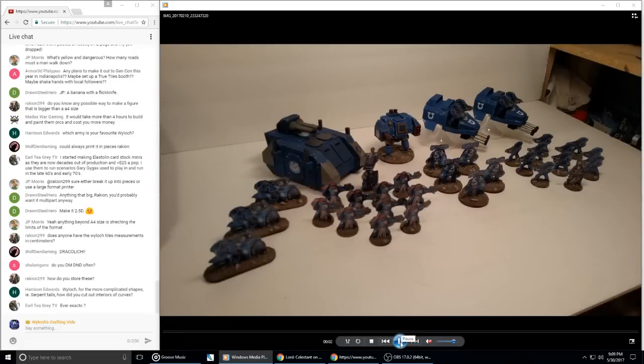Okay, here's some cardstock miniatures for Space Marines. Bikes, a group of infantry, some Terminators on 40mm bases. Now these guys are on washers right here. The Terminators over here are on bigger bases. I made those with my 3D printer, but you could just as easily take some chipboard,